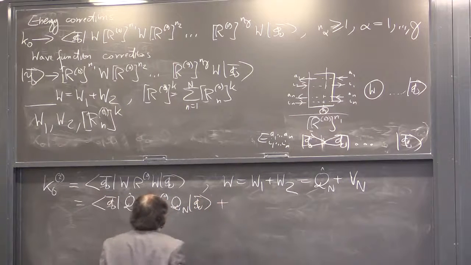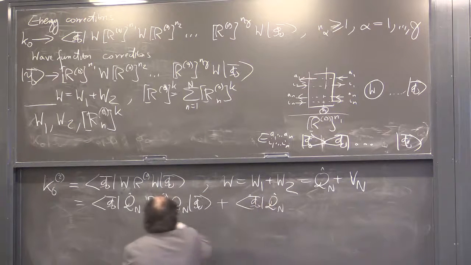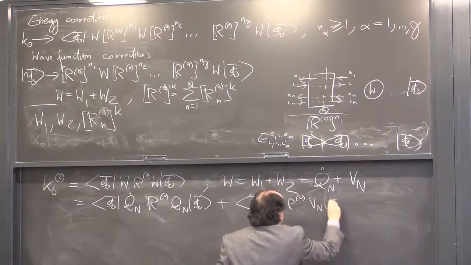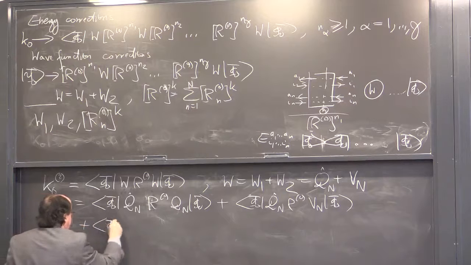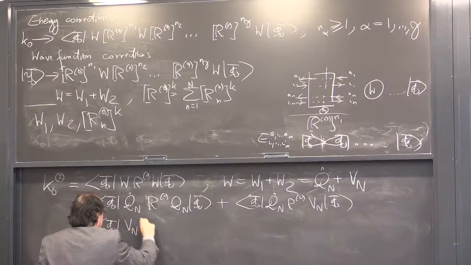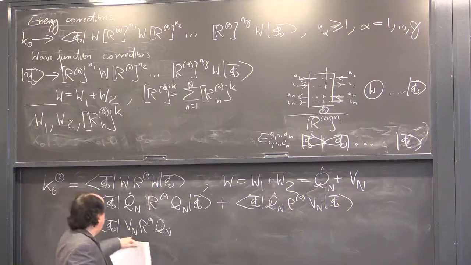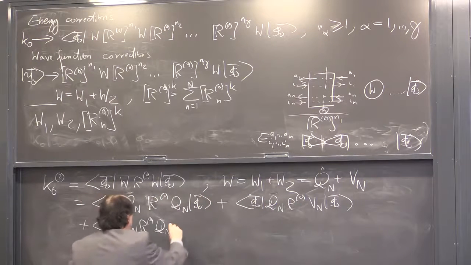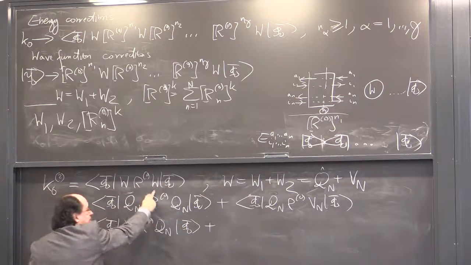Okay? Then you will have phi 0, Qn from here, R0, Vn, and then phi 0. Okay? Then, if we pick up Vn from the left W, and the Q from the right W, then we have Vn, R0, Qn, phi 0. And of course, if you pick up V pieces from both W's, you end up